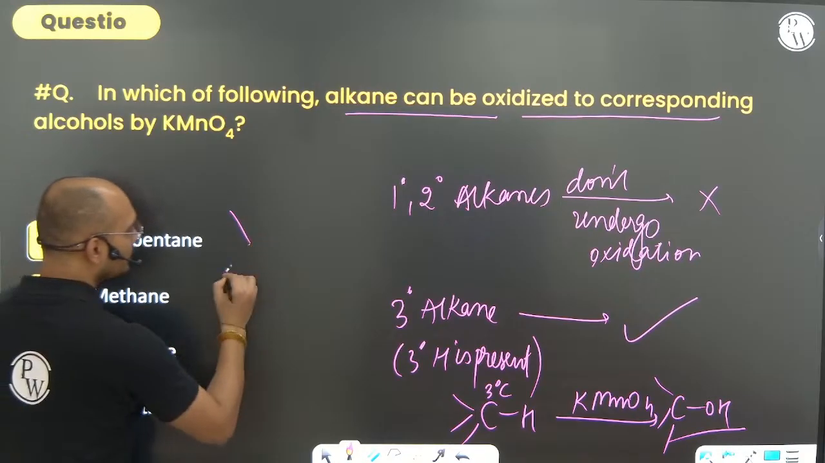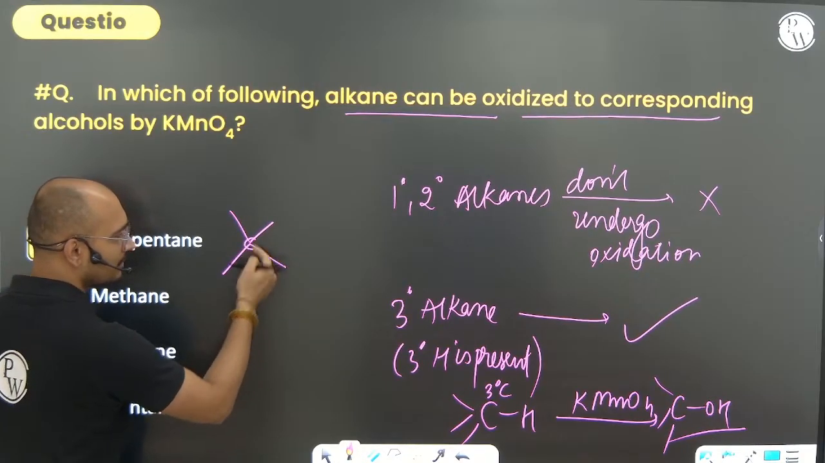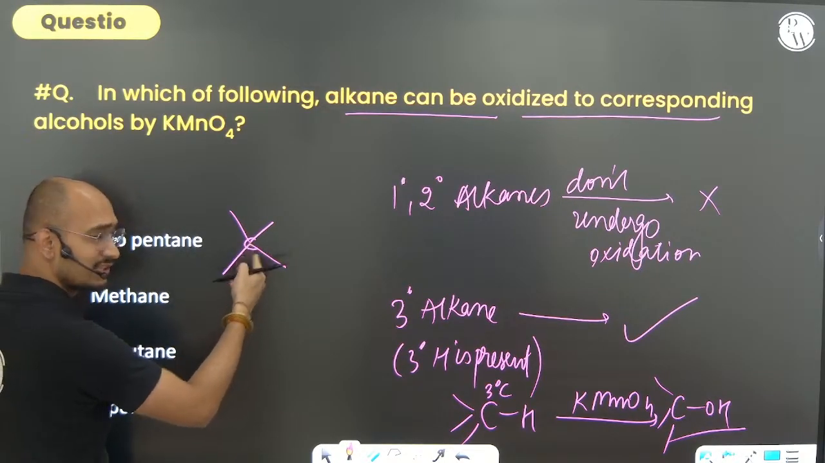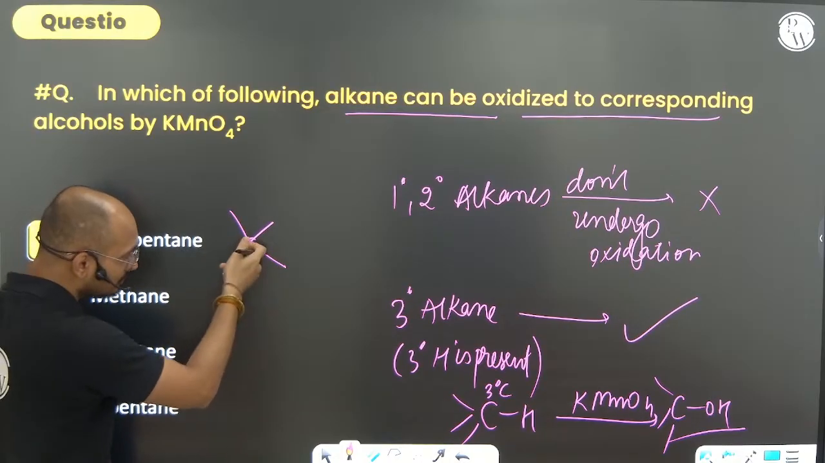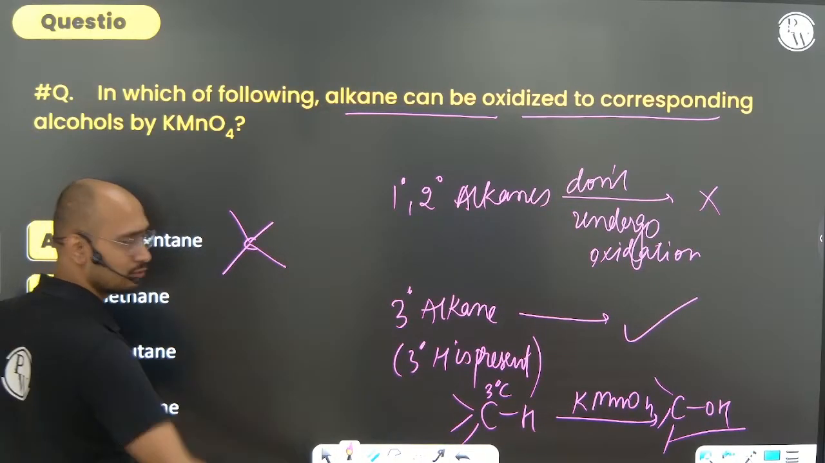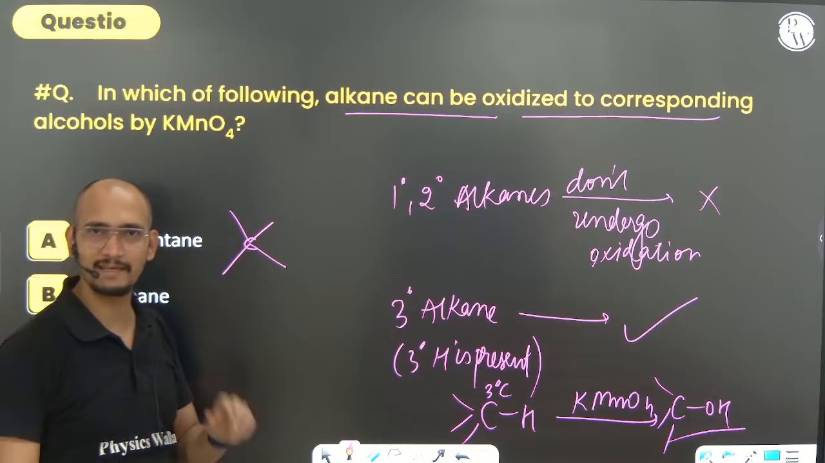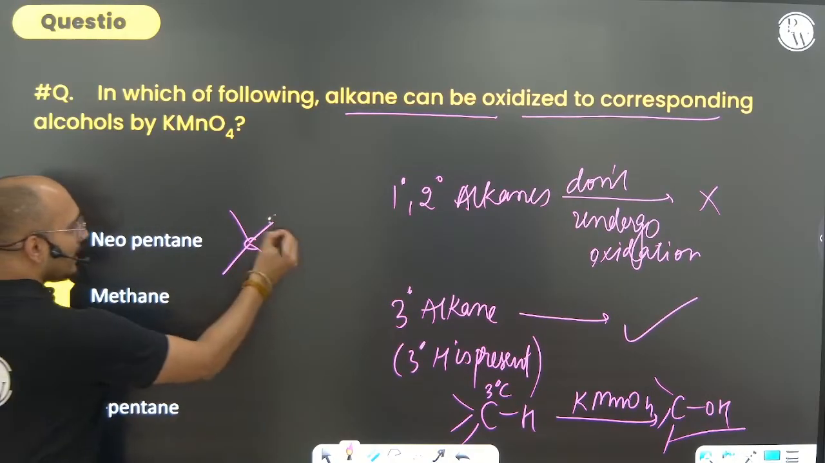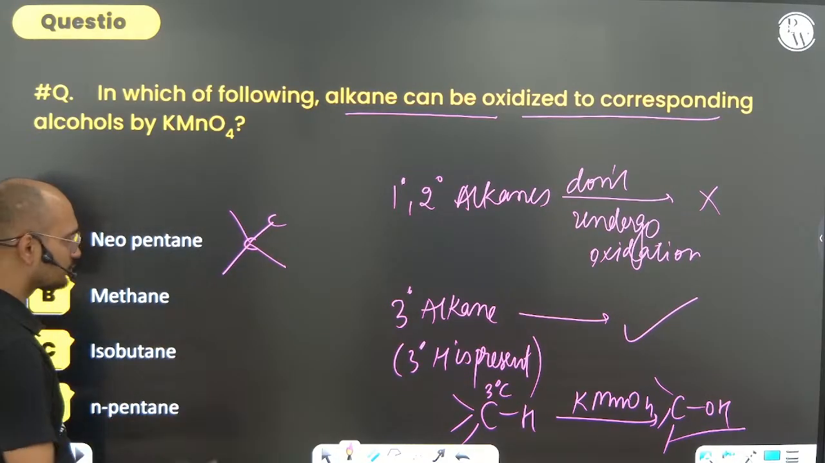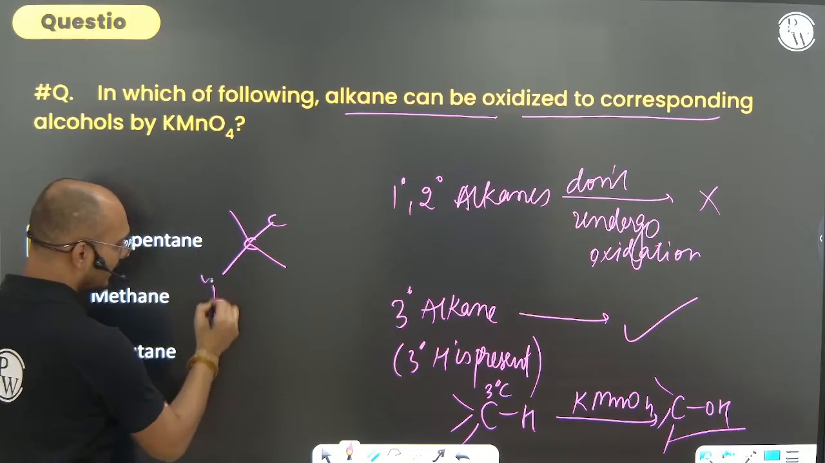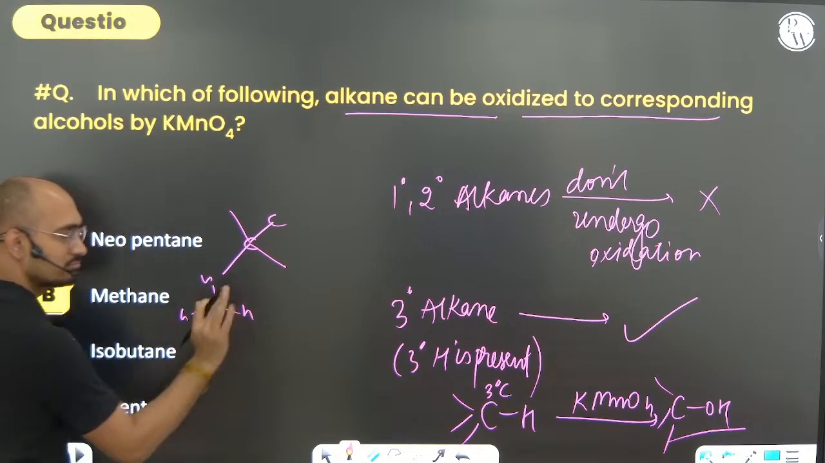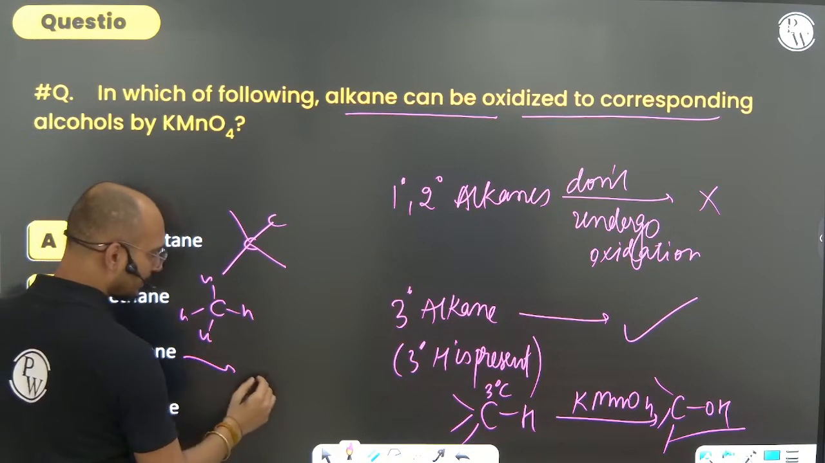Neopentane 1, 2, 3, 4. Can you see this carbon? इस carbon पे कोई भी, can you see it is quaternary carbon and it is not having any hydrogen. अगर कोई hydrogen ही नहीं है तो oxidize कैसे होगा? No. And all others are 1 degree. तो अब बात ही छोड़ो. Methane, CH4, no, super primary. Isobutane